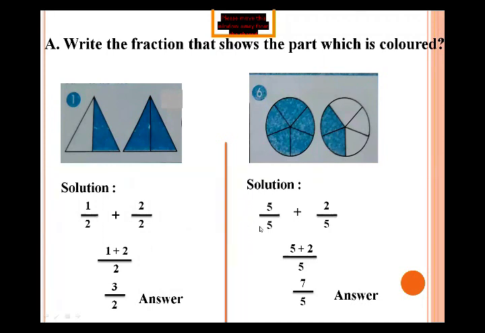Now how do we add? Their common denominator is 5. The common division of the parts is 5, so the common denominator becomes 5. 5 parts are shaded here, and 2 parts are shaded in this shape. Total shaded parts are 7, and each shape is divided into 5 parts. Their common denominator is 5. The fraction becomes 7 upon 5. Follow all the steps, then see your solution. Okay.